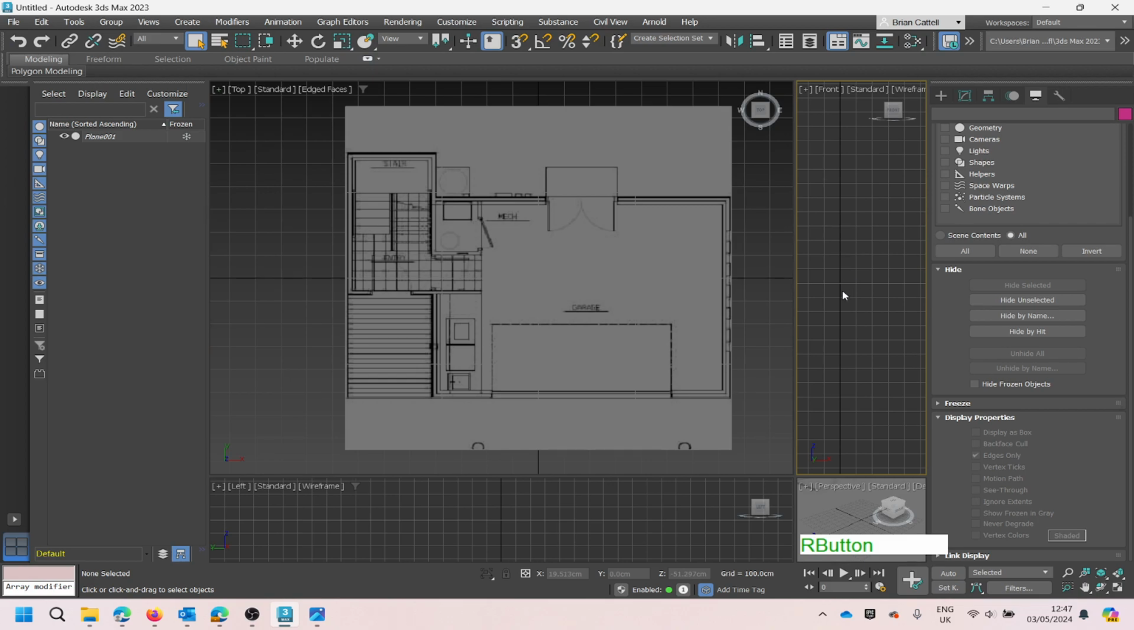Okay, so if I go to this front viewport and one more thing. No, actually, I don't need to do this. I was thinking I might move the plane down a bit and leave a bit of space between, but now I've frozen it, it should be fine where it is. Okay,